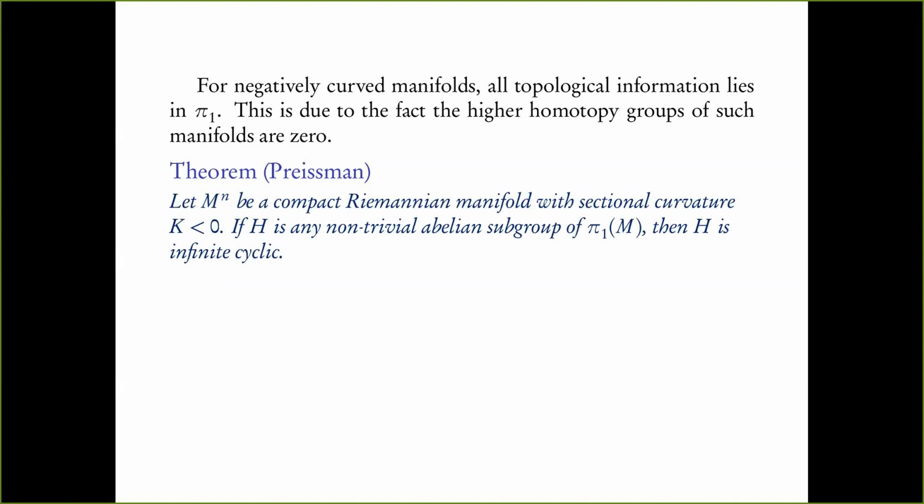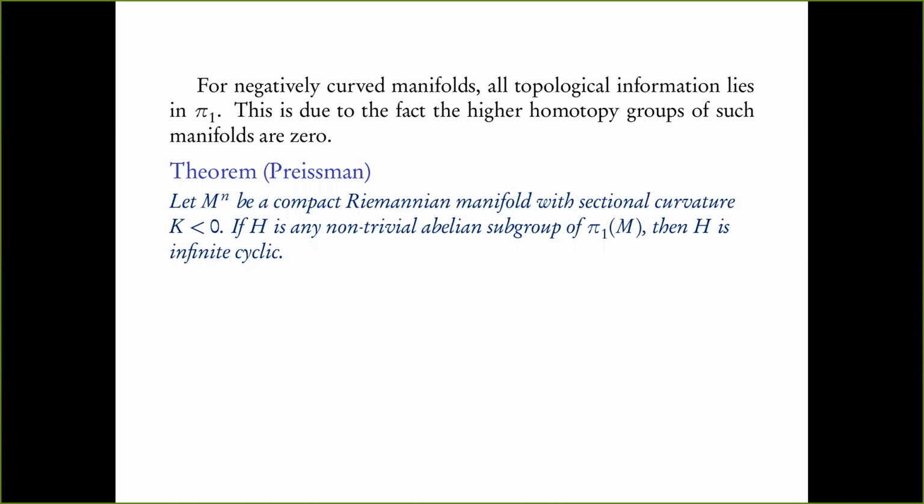It's clearly compact. And in general, you can choose any genus g Riemann surface, g at least 2, and it's compact and it satisfies this condition. So you can apply this theorem to those examples if you want a concrete example at your fingertips. So the theorem says: let H be any non-trivial abelian subgroup of pi 1 of M. Okay, so pi 1 of M is a group. It is typically non-abelian, but assume that H is a non-trivial abelian subgroup. Then H has to be Z. That's what this is saying.